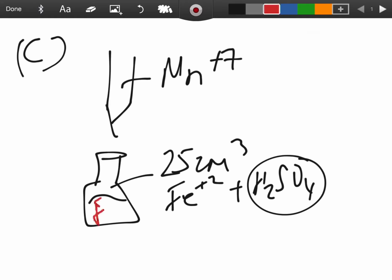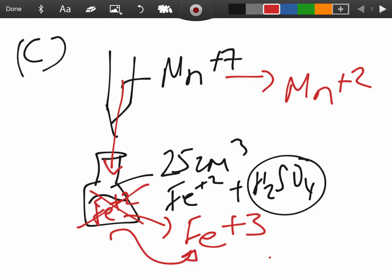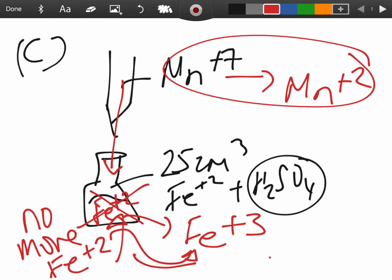Now, you've Fe+2 ions in there. As you add Mn+7, those Mn+7 ions get reduced to Mn+2, and the Fe+2 ions get oxidized to Fe+3. But what about when your endpoint is near and all of these Fe+2 ions have already been oxidized to Fe+3? So there are no more Fe+2 ions in here. If you don't have a species that's going to be oxidized, you cannot have reduction, because you have to have something losing electrons for something to gain electrons. So if all of the Fe+2 ions have already been oxidized to Fe+3, then you cannot have any further reduction,